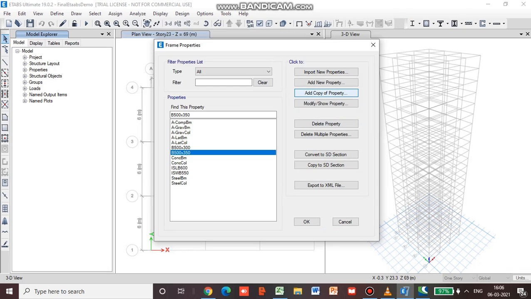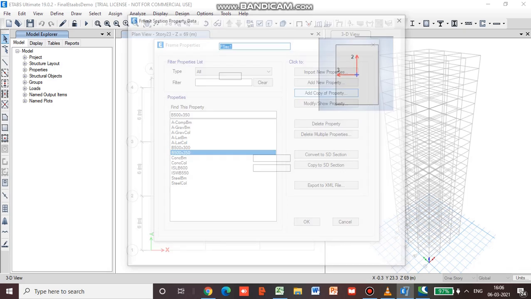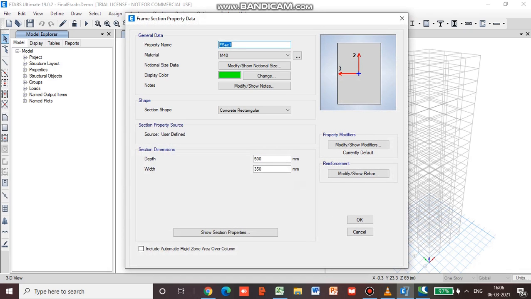Now we will add one more property, add copy of property. So 500 by 300 is over, 500 by 350. Now we are going to go for 600 by 400. B 600 by 400. M40, the total depth is 600, width is 400.